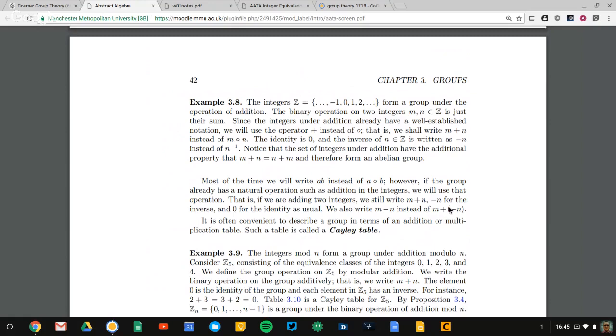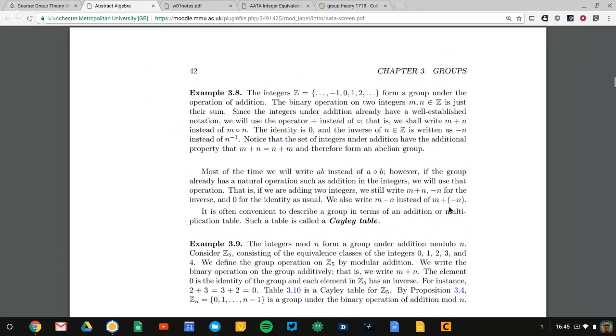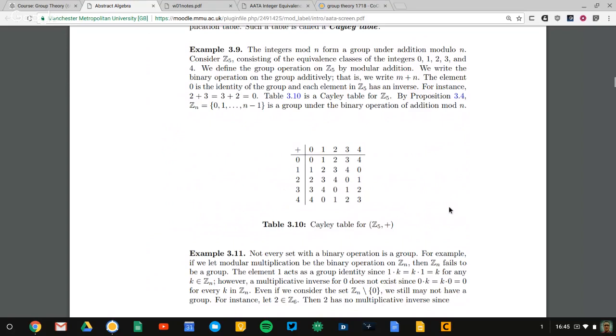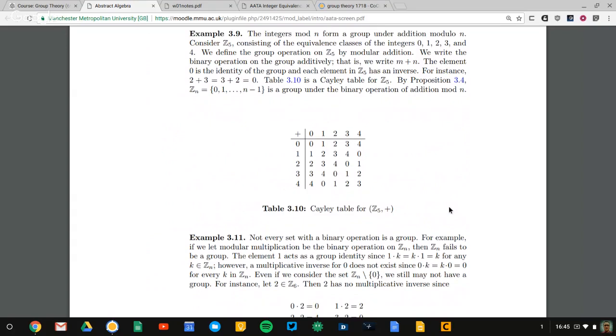Commutative isn't required in order to be called a group. Commutative is a property that a group might have. It's not part of the definition of a group. The integers modulo n we've already looked at. They always form a group under addition, but you have to restrict